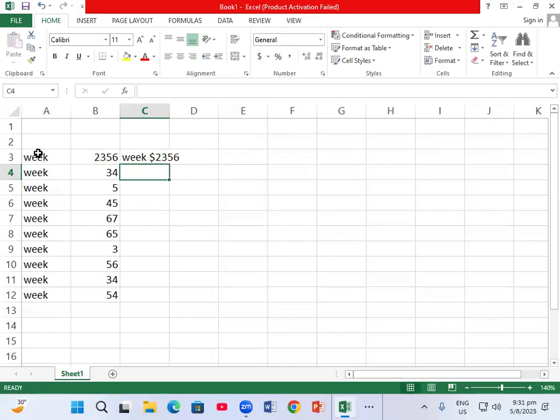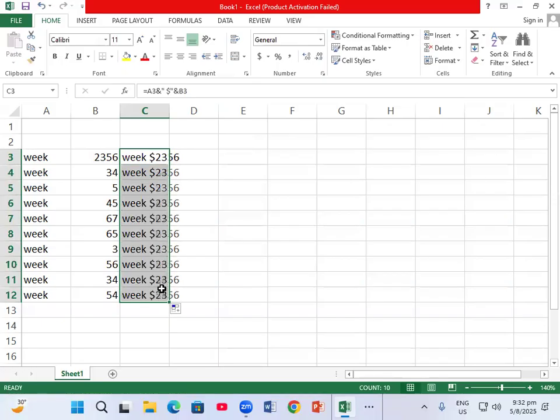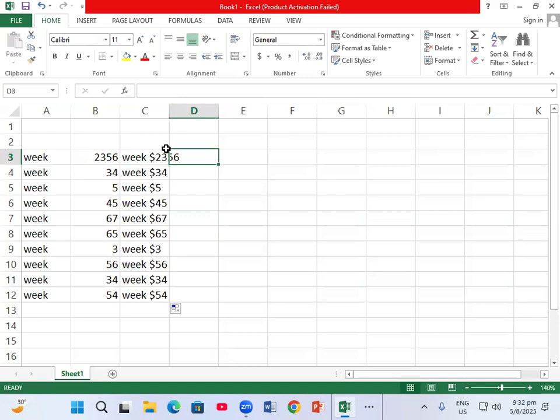But if you want to get everything down the line, you just click back up here, put the cursor right, and you notice it becomes a plus. So you're going to hold the left side of the mouse or the touchpad and drag it down, like with a copy of a normal formula. You notice everything is actually in one cell right here. So this is how we combine words and numbers in one cell